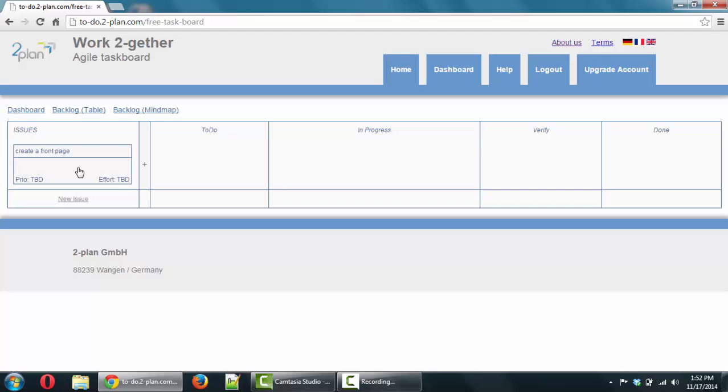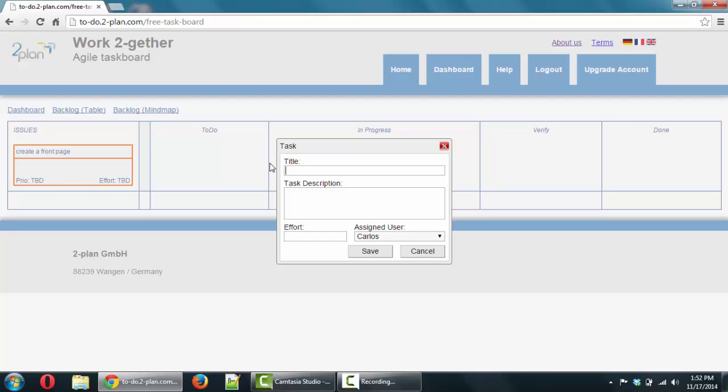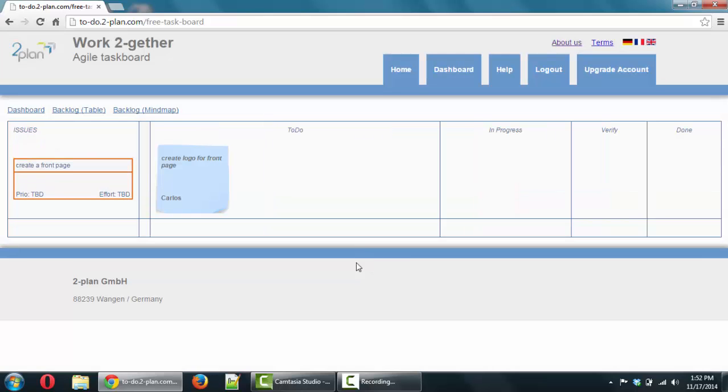Then for this issue, you can create different tasks. Let's say a task is gonna be create logo for front page. You can put a description. Logo needs to be green, and you can assign it to the different users. Right now, I only have one user, which is myself, but you could assign it to other users if you had invited them before. So you save it, and this is